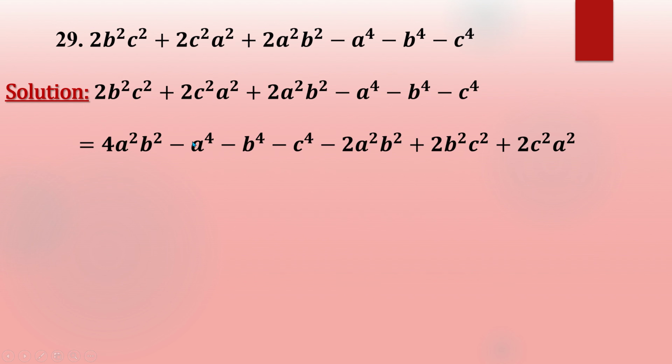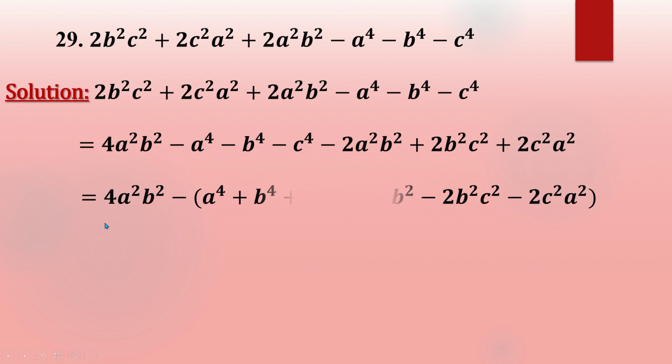Now this equal to, we can write 4a square b square as here is plus 2a square b square, but we have taken here 4a square b square, so we have to subtract minus 2a square b square. As a result, after calculating this and this, we will get this. The other parts are all same. As a result, formula will make. This part fixed. Now here can take common minus.